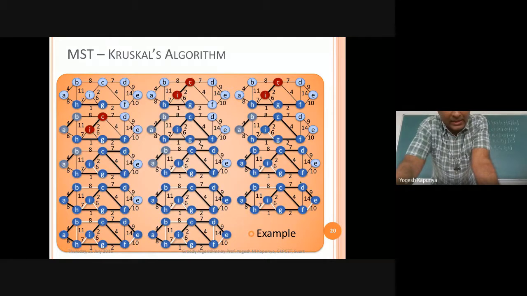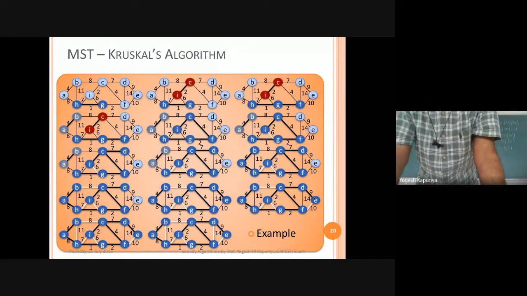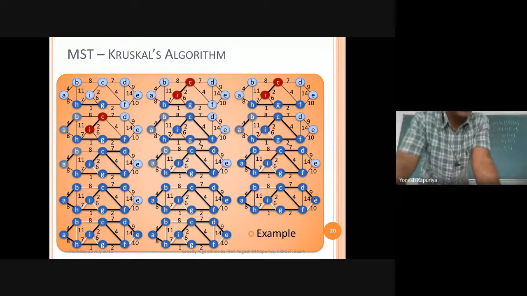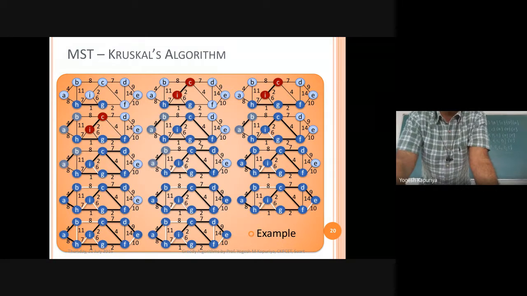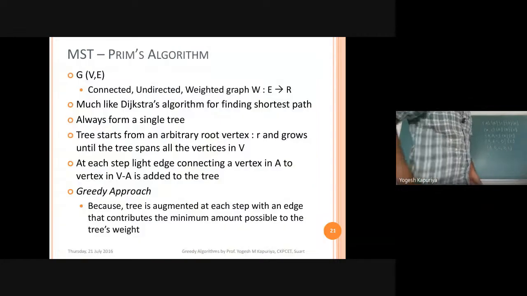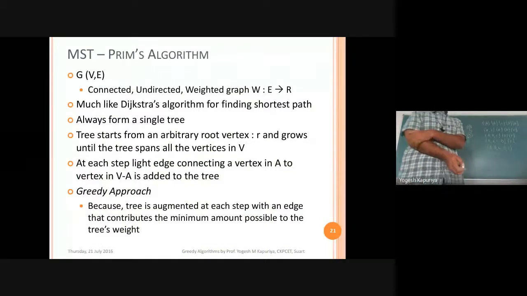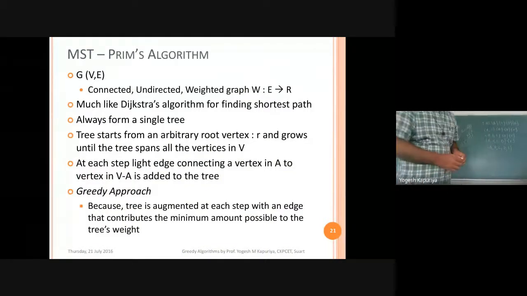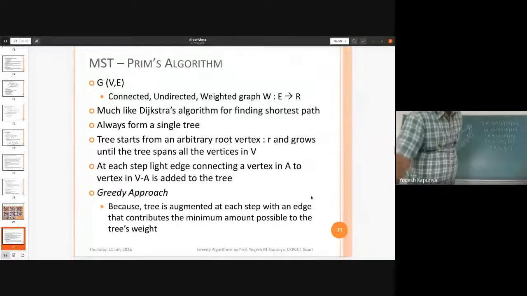The next is 9. So DE, are they connected? D and E? No. See the color of E and D. They are not connected, so you have to consider that edge in your minimum spanning tree. And then all the next ones are ignored because you already have the minimum spanning tree. So this is just an example. I hope Kruskal's approach is clear. Any doubt? Any doubt from online students?